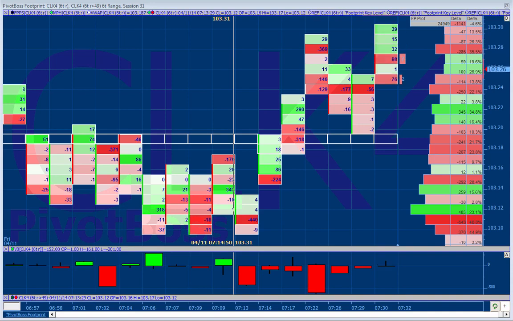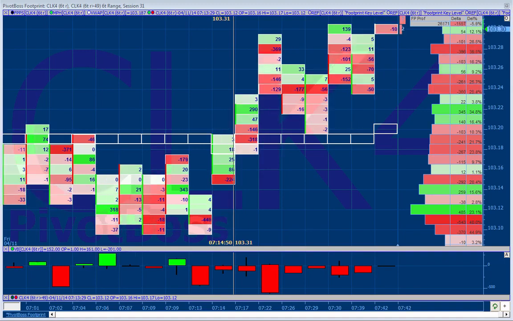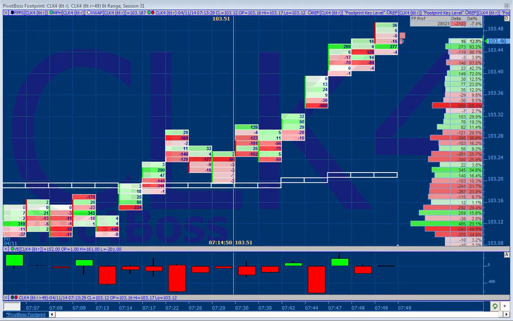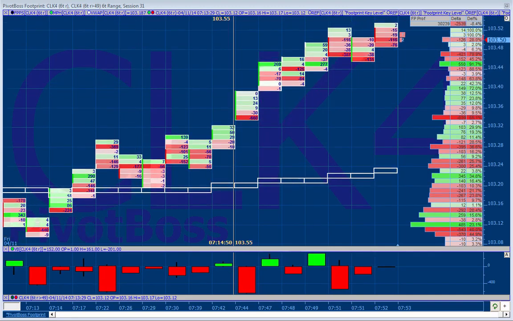So right now, price is basically holding above VWAP, and we got a little bit of a push higher. Now let's pause it for a moment. I know we're already early into this game, but look what happened here. These white boxes, that's ETH VWAP, extended trading hours VWAP. Volume weighted average price. So that's the average price where buyers and sellers have come in the market.